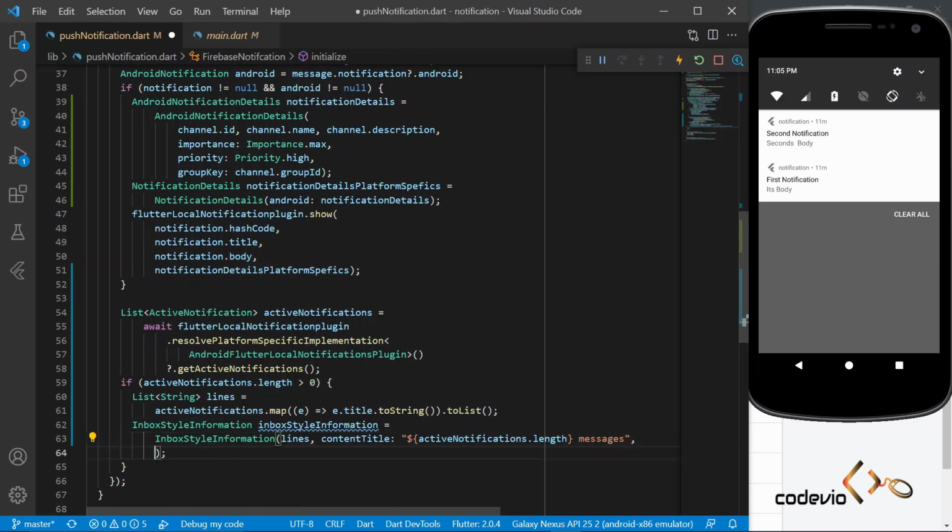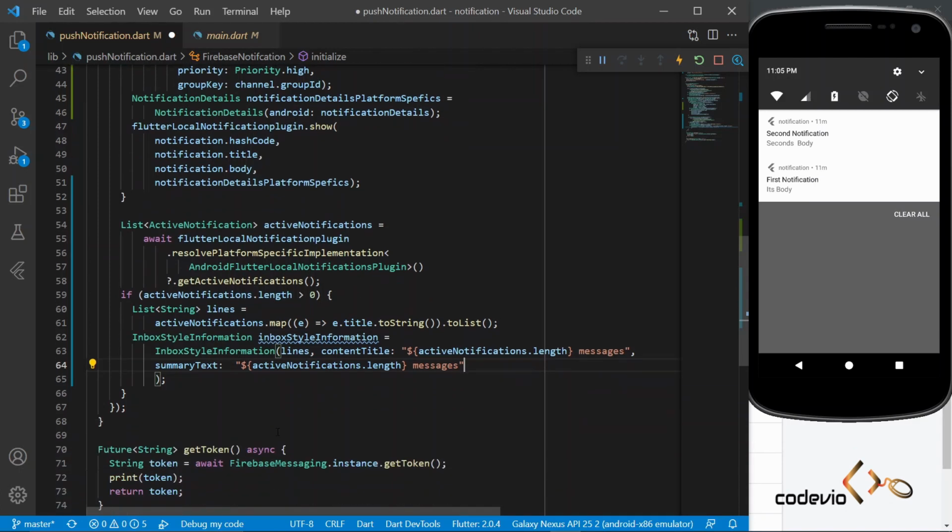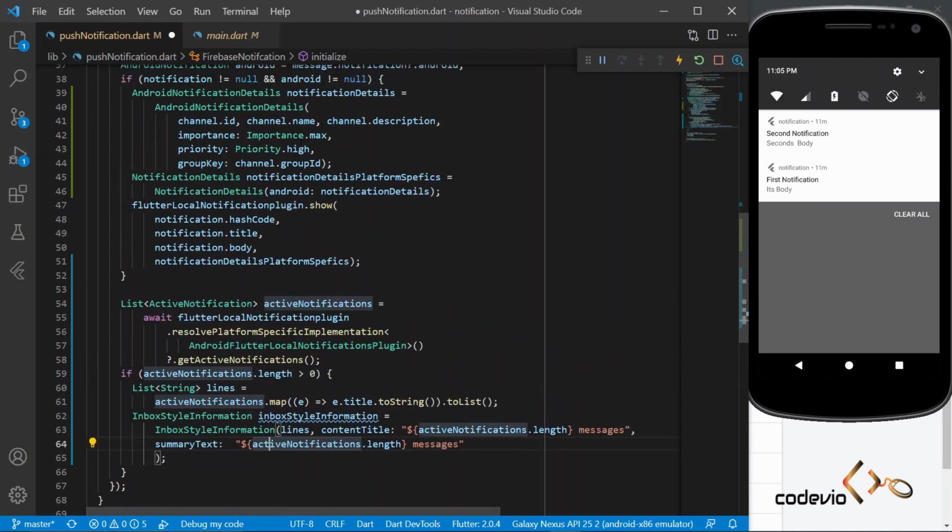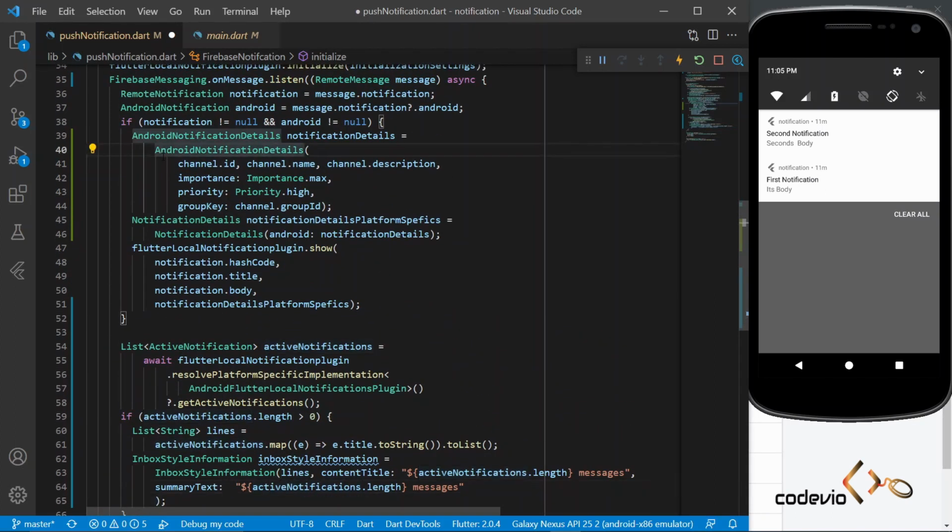And again we also need to give a summary text. It will be shown just above, so we will also do it. That's all about our inbox style, and we can use our Android specific details again and use this inbox style with that.